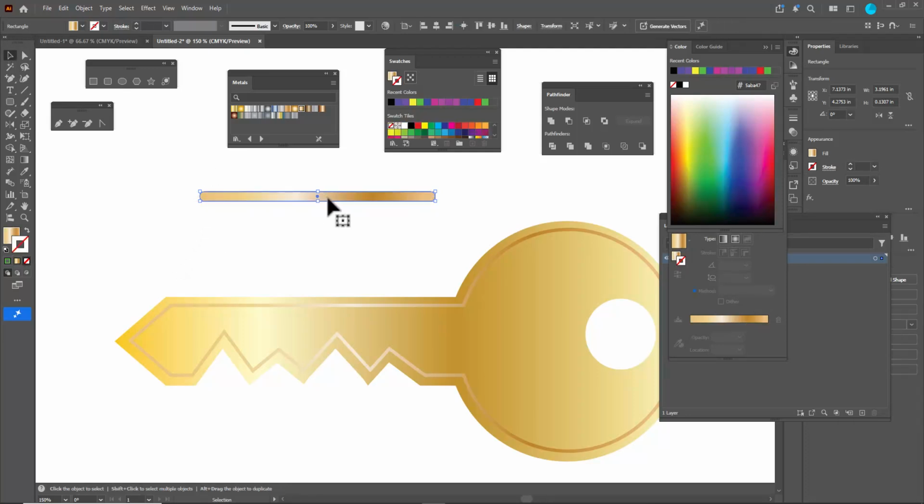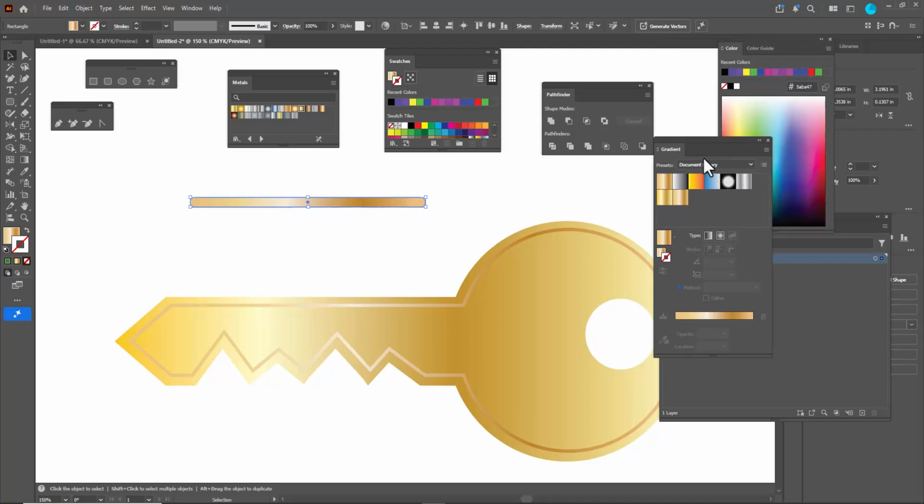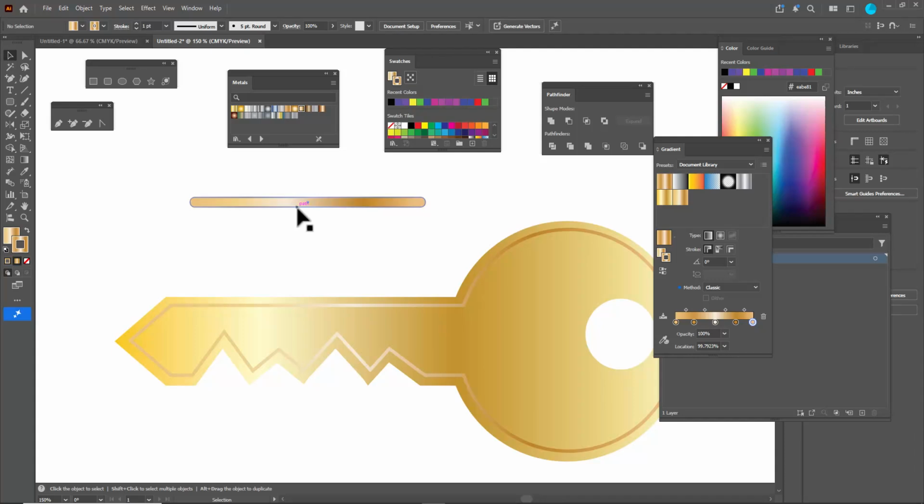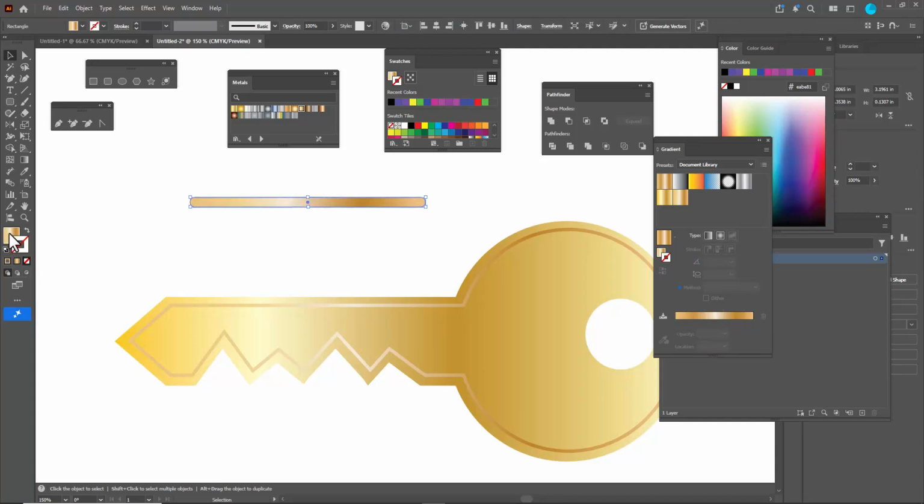Right, and we will apply our custom gradient to it. So we can just apply the gradient. So something like this. And also we will do one thing, we will turn off the stroke, and then we will just use the annotator to adjust